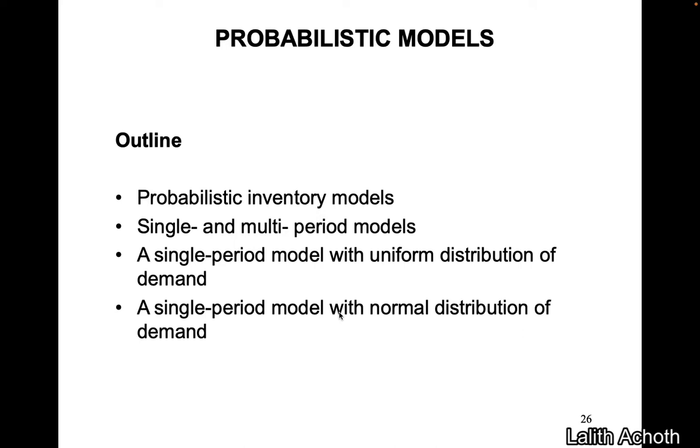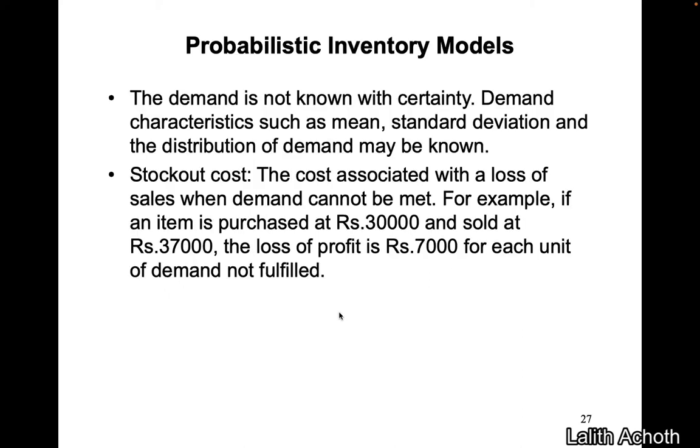In a uniform distribution, you assume that irrespective of the time, the demand is the same. Okay, this is important. The probabilistic inventory model: the demand is not known with certainty. Demand characteristics such as mean, standard deviation, and distribution of the demand may be known. So you should know the mean, the standard deviation, and the distribution of the demand. Usually it's normal, but sometimes in an extreme case it may not be normal, and you should know what that